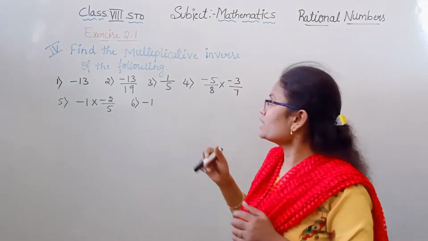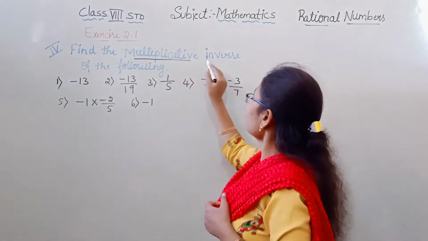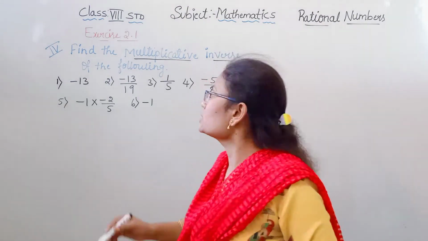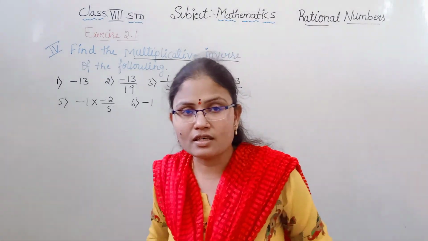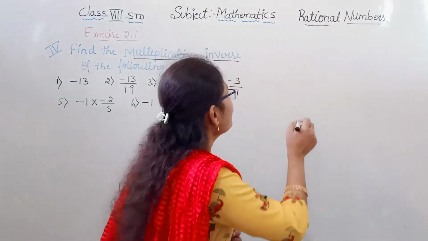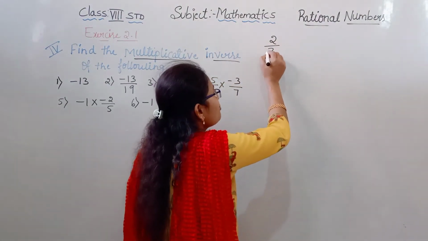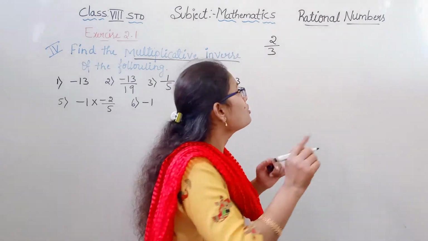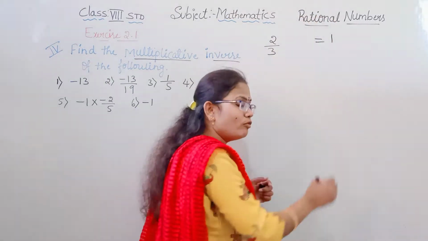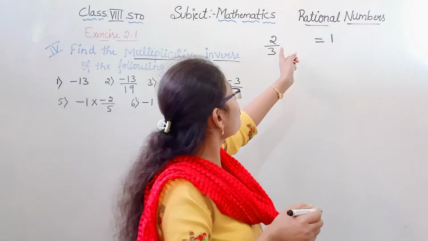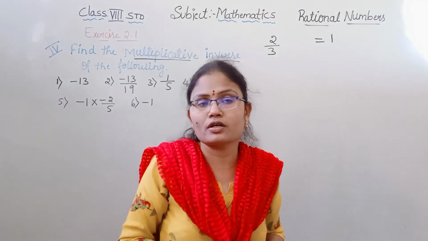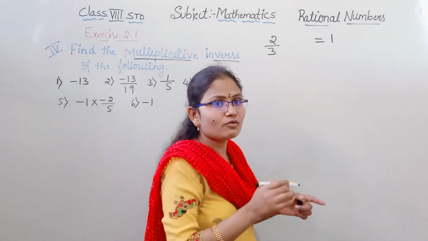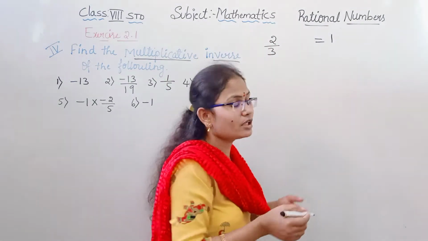Before going to the topic, let us first discuss what is meant by multiplicative inverse. In the previous videos, I have explained in the properties of rational numbers what is meant by multiplicative inverse. Let us recall one more time. For example, if you consider 2 by 3, which number if you multiply, you will get a product of 1? That is the inverse of this number. Inverse of this number multiplied gives a product of 1.